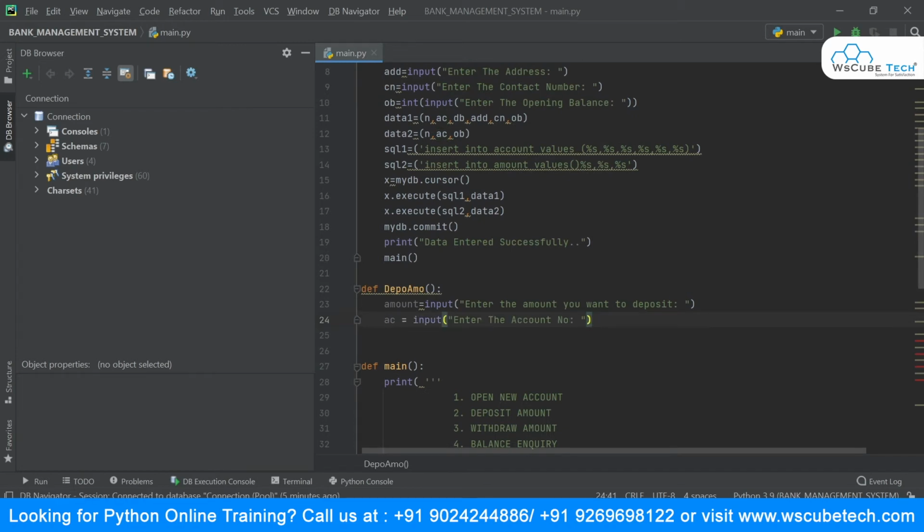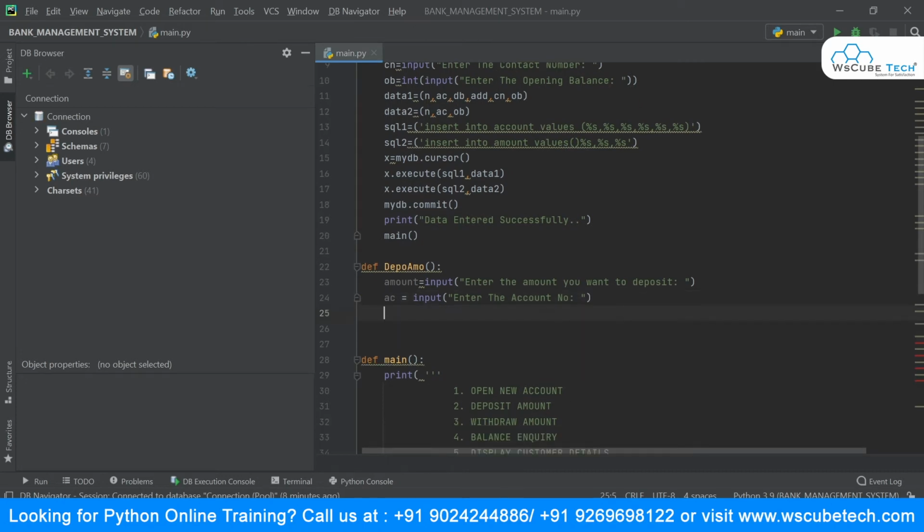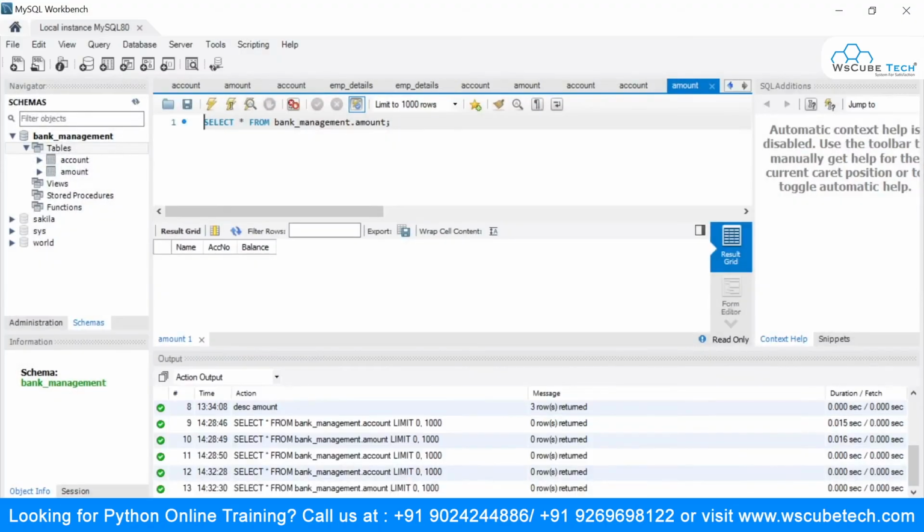All right. Once done with this, I want to write the query over here. So I will take a variable name and write the query as select. What I want to select is the balance. Okay.